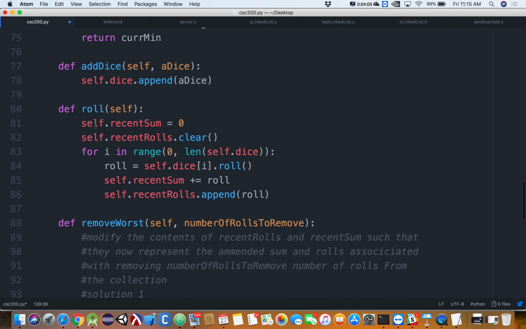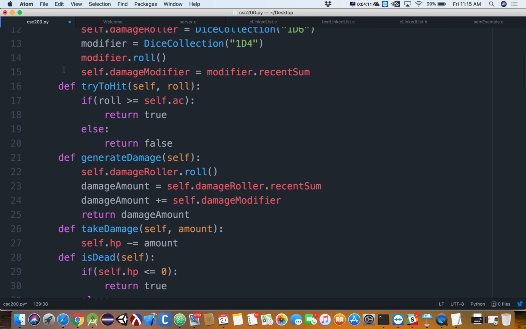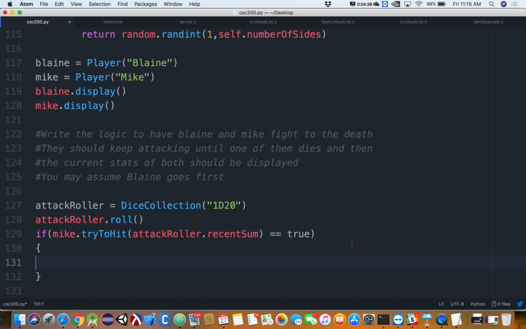Okay? Now, try to hit is going to return a true or false. So this returns true if we hit him. If we're able to hit him, that means we at least equal their armor class, and false otherwise. So we'll ask a question about that. We're going to say if, when I try to hit, in this case Blaine trying to hit Mike, equals true. And this is redundant, you didn't even have to say equal to true, because this will just boil down to a single value of true or false. But you might like this syntax a little better for now. This kind of explicitly says if this ultimately boils down to this value. All right,